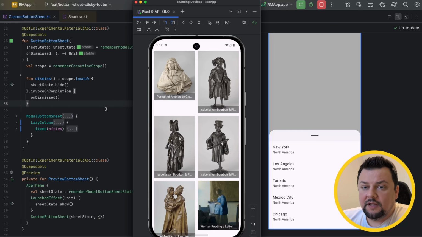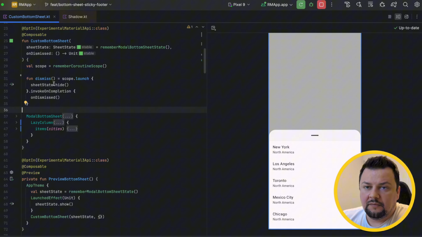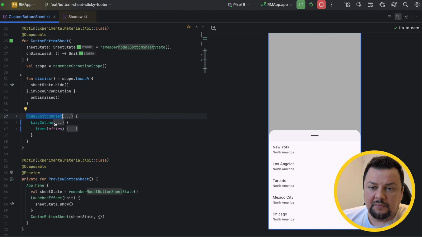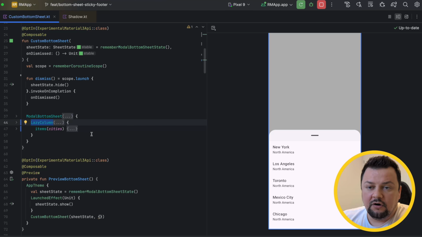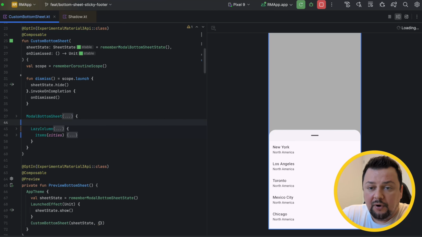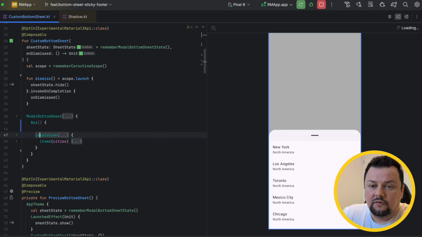My starting point inside the code was a composable that internally had this modal bottom sheet. I'm not gonna get into the details around the modal bottom sheet, but inside I'm just having a lazy column that is rendering some items. Now I thought, because I have some content inside this bottom sheet, how about wrapping that into a box so that it's gonna allow me to render something on top of the lazy column. So if I just wrap this into a box, then I'm going to be able to draw something on top